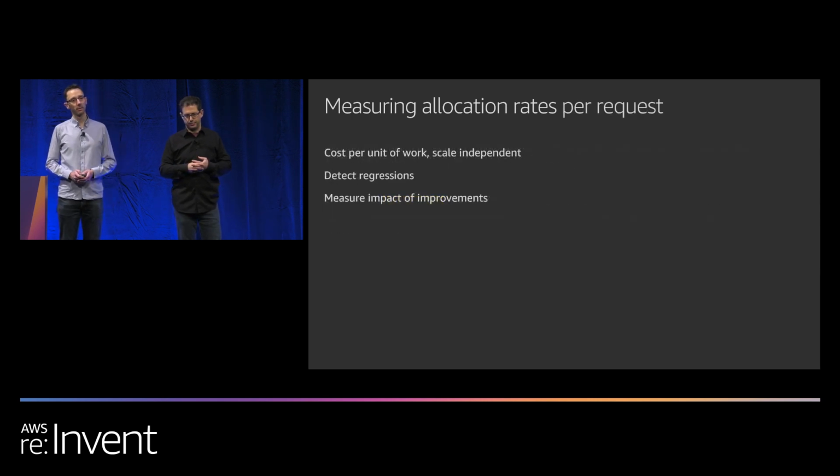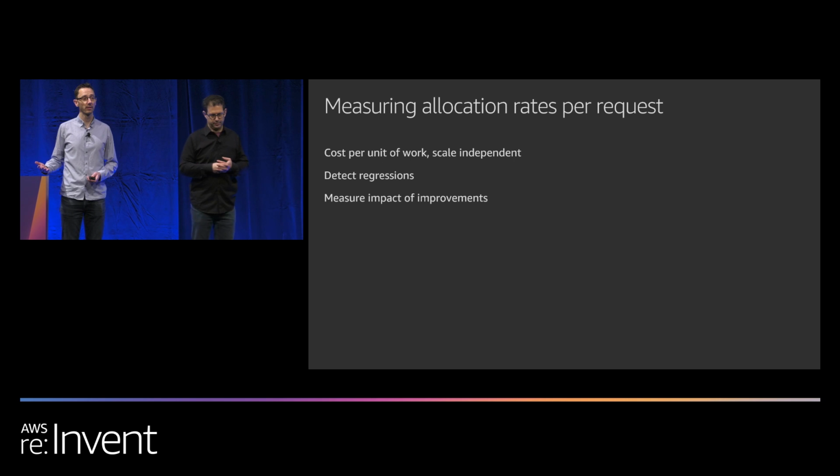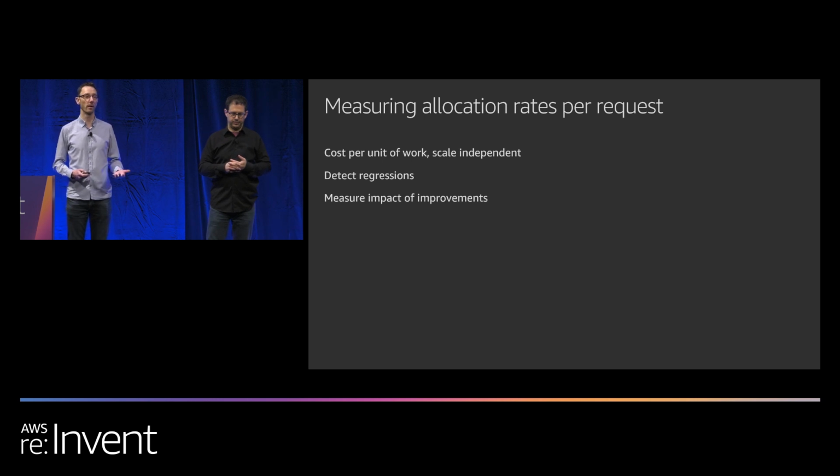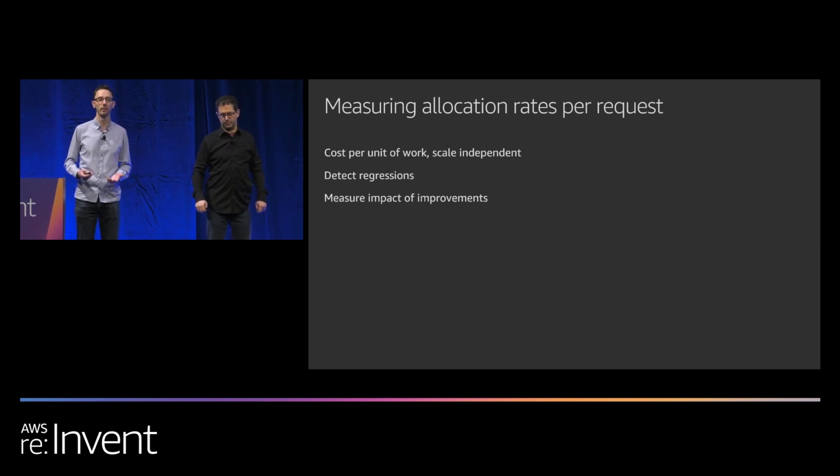Cool, so yeah, as Ishai said, at 2 gigabytes a second, everything's healthy, but we start getting a feel that there's some opportunities here. It's important to note that that's a really useful metric, but there's not much nuance to it. We're not seeing the variability through the day or at peak times or across the fleet. So we want to get a deeper understanding of where our allocations are coming from. And this is where we started to look at how we can measure our allocation rate at a per request level. This is a really valuable metric to us because it gives us a cost per unit of work,